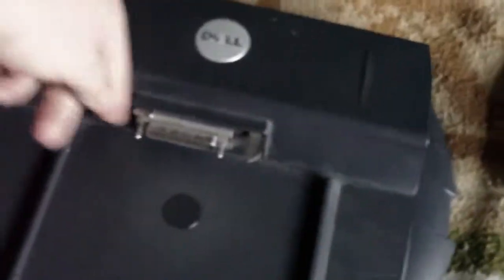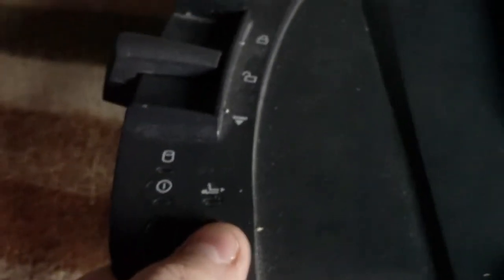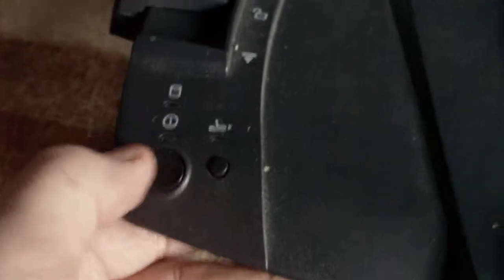Although it's not the fastest machine. The dock is a little bit dirty. It's only been out of a box for a day or so. You've got undock button here. So you press that and it'll do what it's just done there. You got the power button, power indicator, dock indicator, activity indicator. You've then got